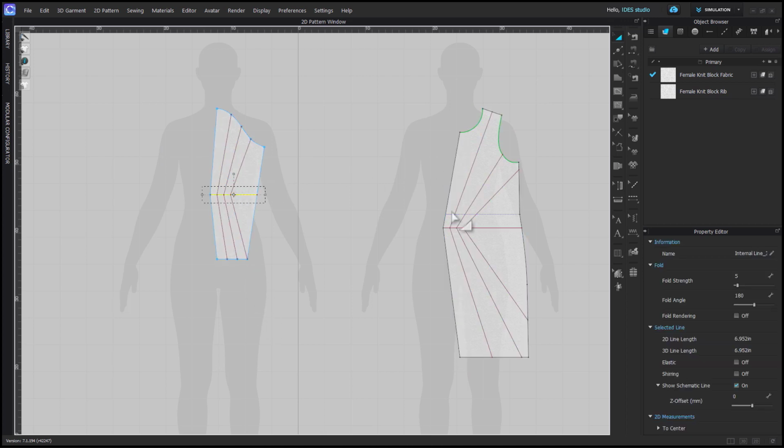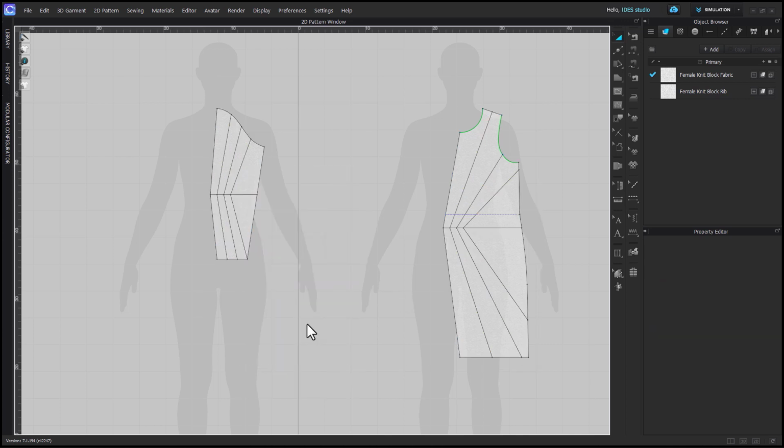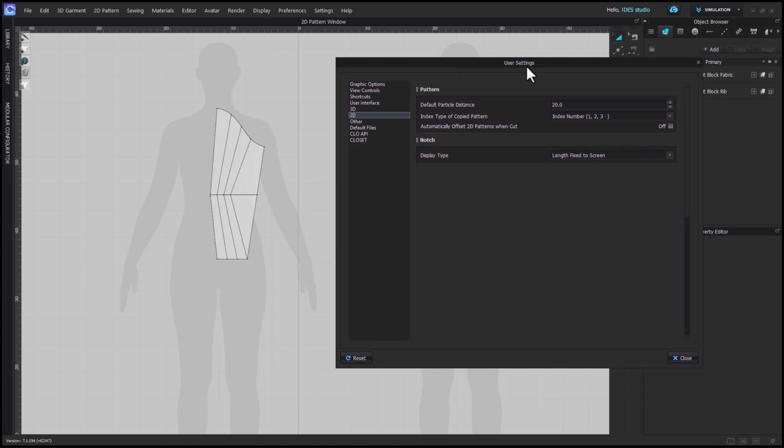Now I'm going to select those horizontal center lines and actually all of my slash lines and right click and choose cut. But before you do this, I want to show you something up here in the settings. You should go to user settings and go to 2D on the left side. Here you'll see automatically offset 2D patterns when cut, and you want to make sure that this checkbox is off. You'll see when I cut mine that all my patterns stayed in place here, and that's what you want to